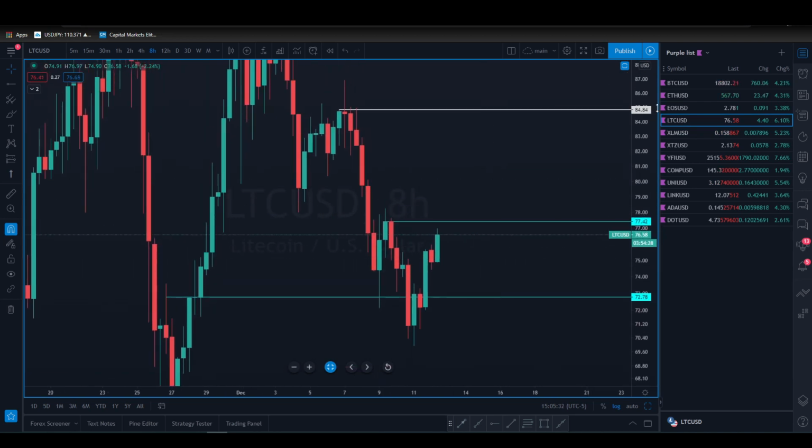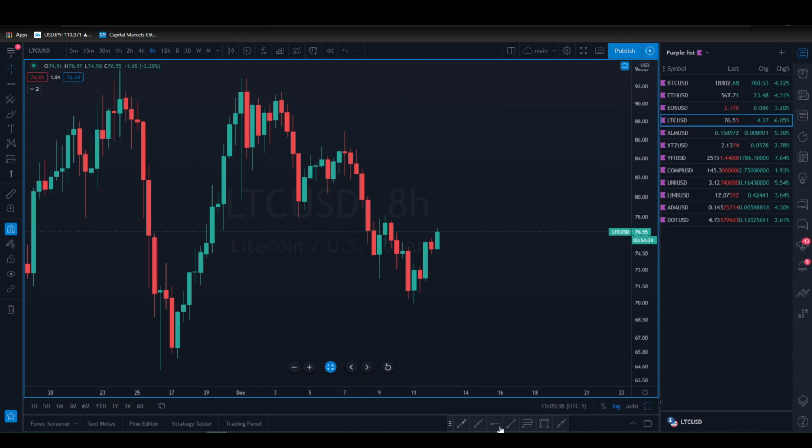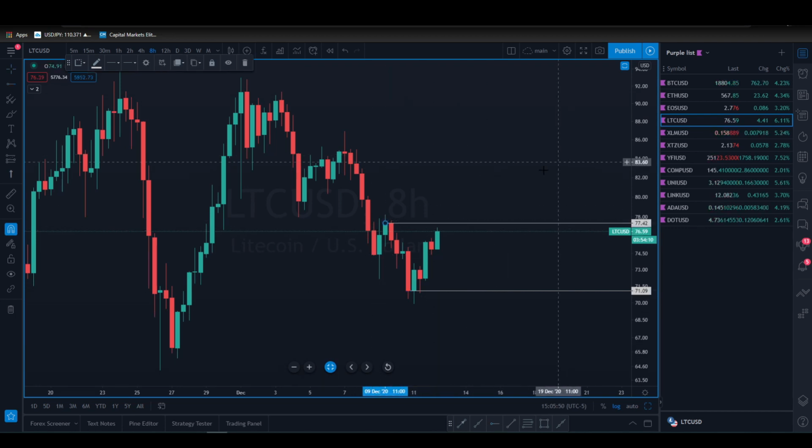Litecoin is doing pretty much the same thing everything is, so it looks like it is holding a low or has made a low. Whether or not this low holds is to be discovered. Currently, that low is 71.09, and the high, the area you want to see if you're still bearish, would be 77.42. If you're bullish, you definitely want to see a break above that area and a close above